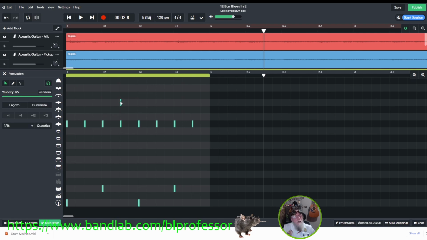Now anyway, one more thing here is velocity. What do we mean by velocity? Well, keyboard controllers have typically velocity sensitive keyboards, which means they can detect how hard you hit the key. More often than not, higher velocity means louder volume. So you can just think of velocity as being synonymous with volume. More often than not, it is. So we can change the volume of individual beats. If we select one,